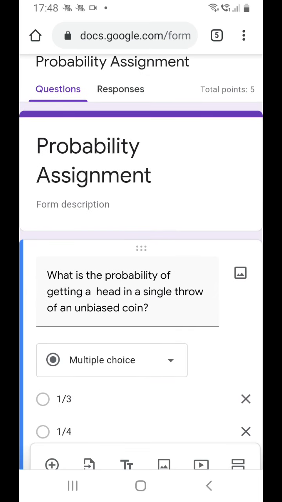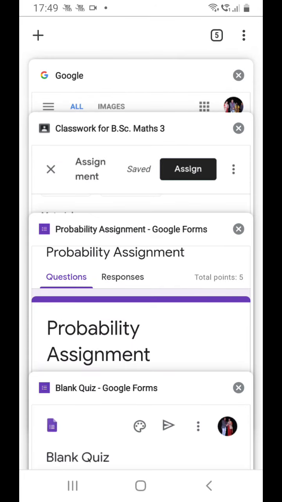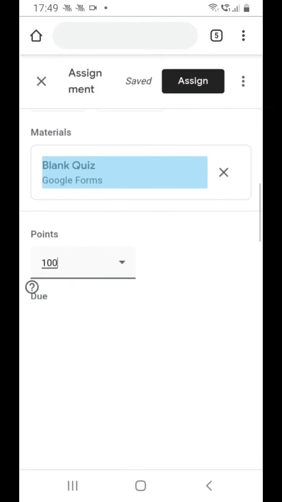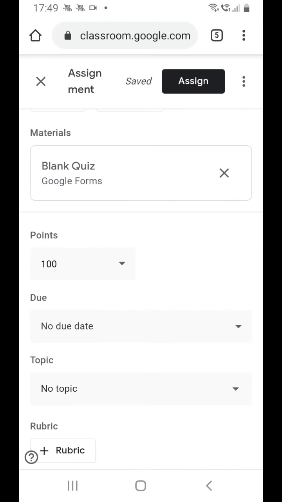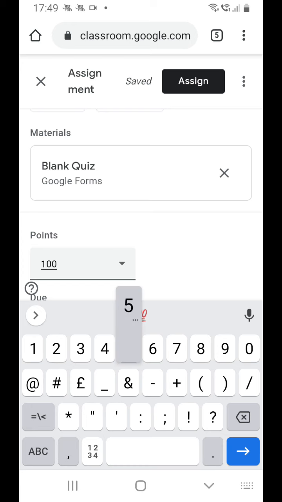Now every editing that you do in this Google form is automatically saved in Google Drive, so we are not required to save everything that we have done in this form. So go back to the assignment screen. Suppose my assignment is of 50 marks, I can choose 50.